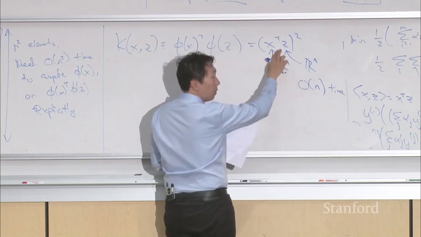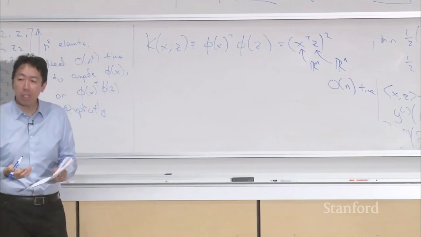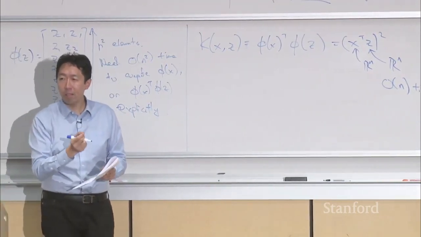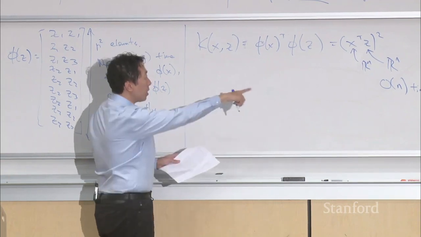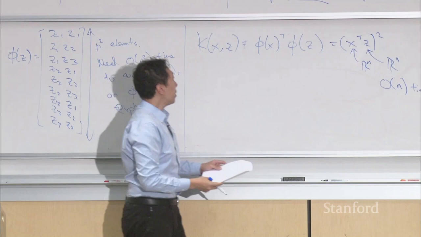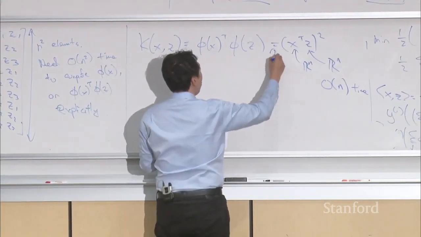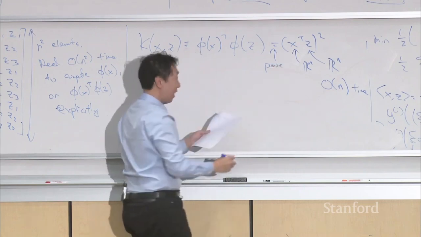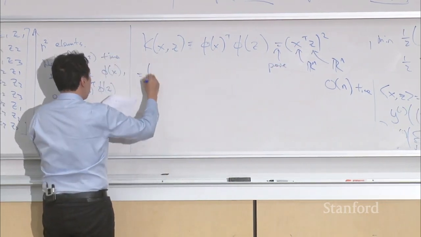Because taking x transpose z, that's just the inner product of two n-dimensional vectors, and then x transpose z is a real number, and you just square that number. So that's an order n time computation. And so let me just prove this step. So x transpose z squared, that's equal to